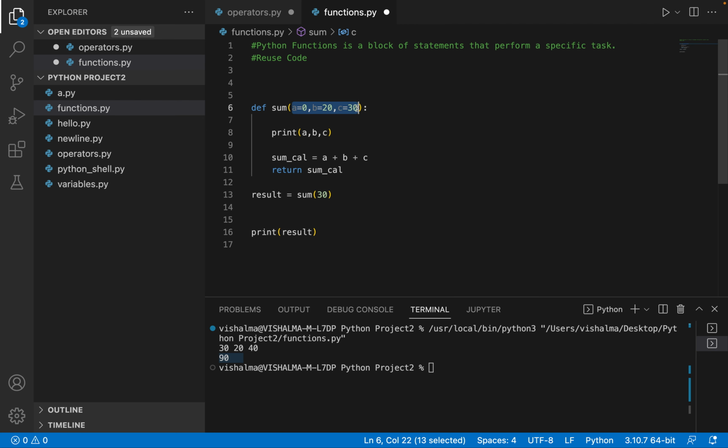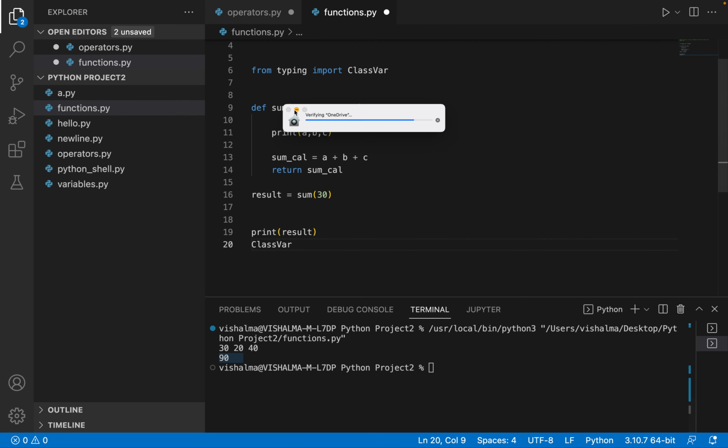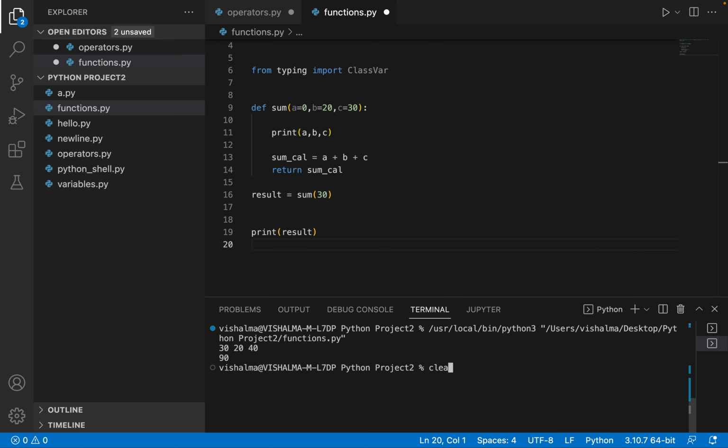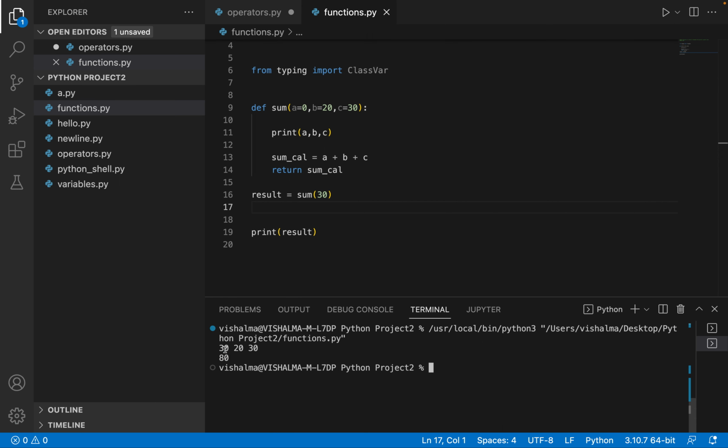and these are default values, but I am passing 30 to the sum function. So which value will be picked up? Can you tell me whether a will take 0 or a will take 30? Let me clear the console. Ideally, it's a very simple thing. Let me clear this, and let's print the value. It will take whatever value you have passed in the function, right? So let's run it. You see it is taking 30, 20 and 30,